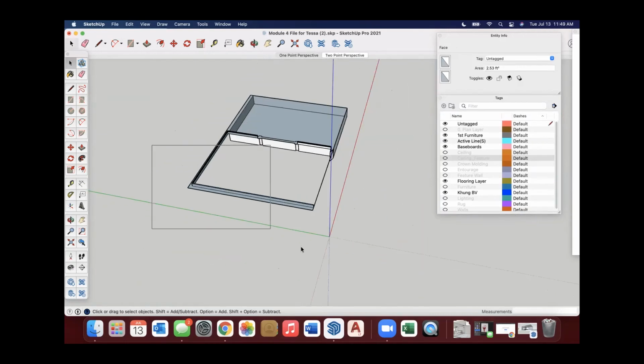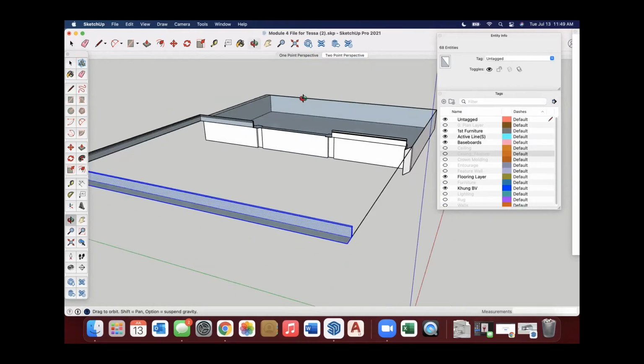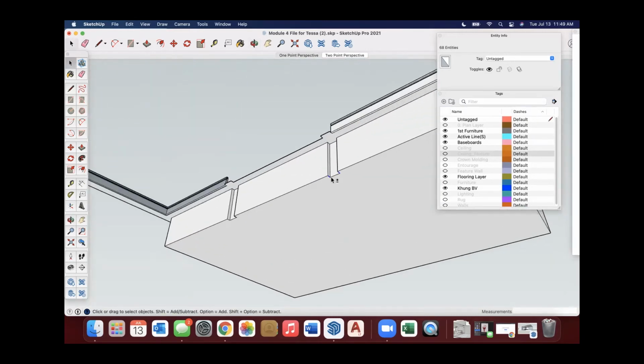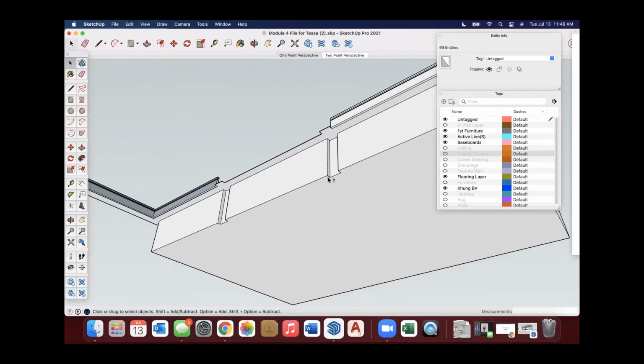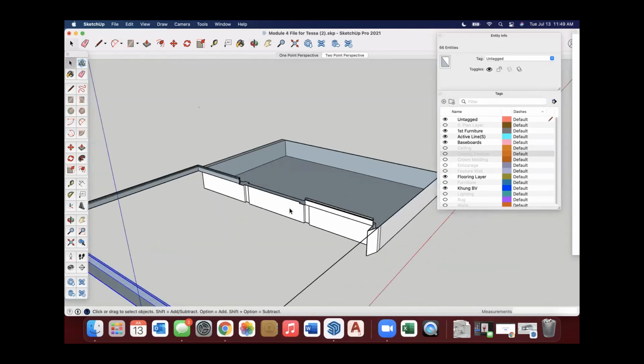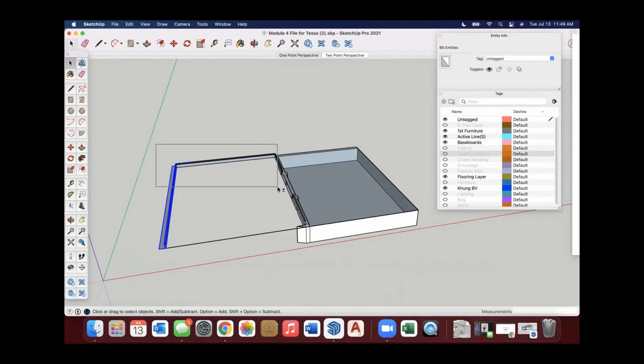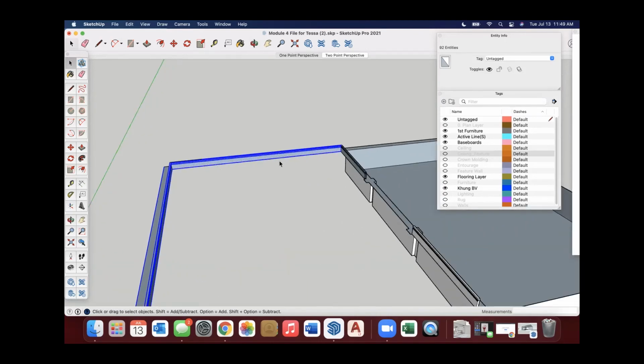Accidentally unselected it. And there, I over selected and accidentally got underneath this. So that's an easy fix. I just come over here and deselect. And sometimes you keep clicking on the wrong things. That's okay. And so on.